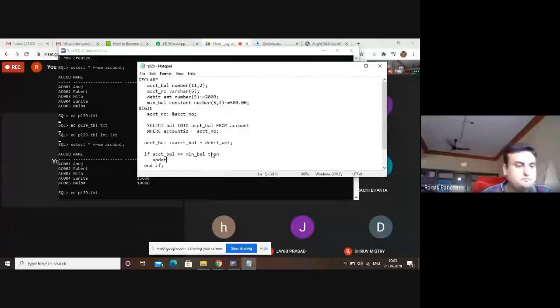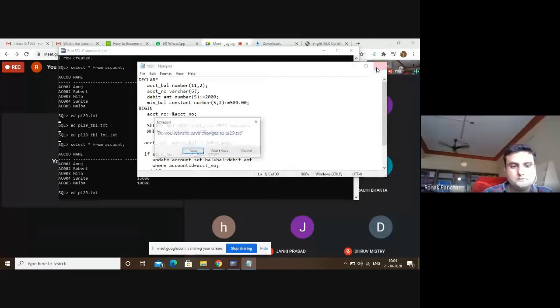Update account, this is your table name, set balance is equal to balance minus debit amount. The debit amount is 2000 rupees, so your amount will be debited from your actual table, where account ID is equal to account underscore no; semicolon, right?